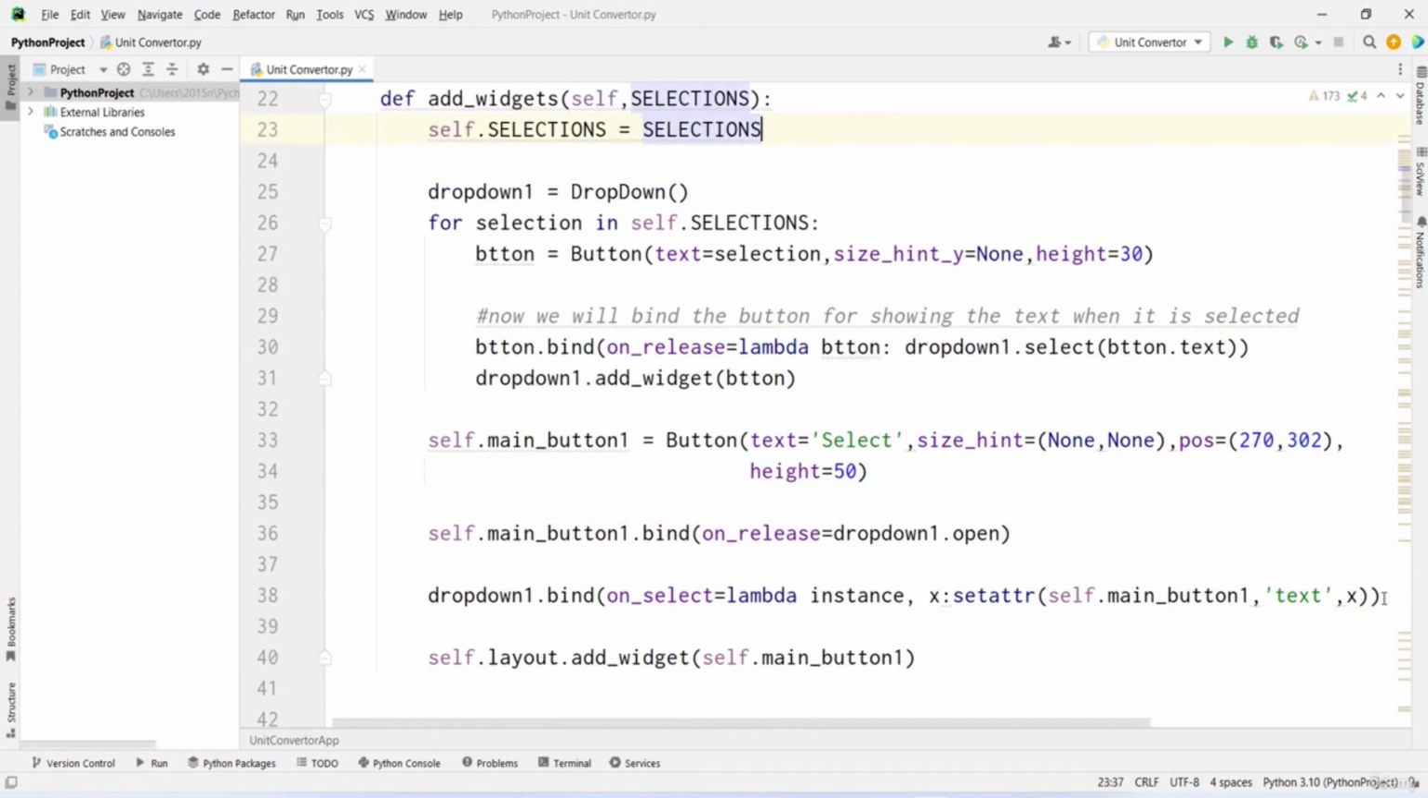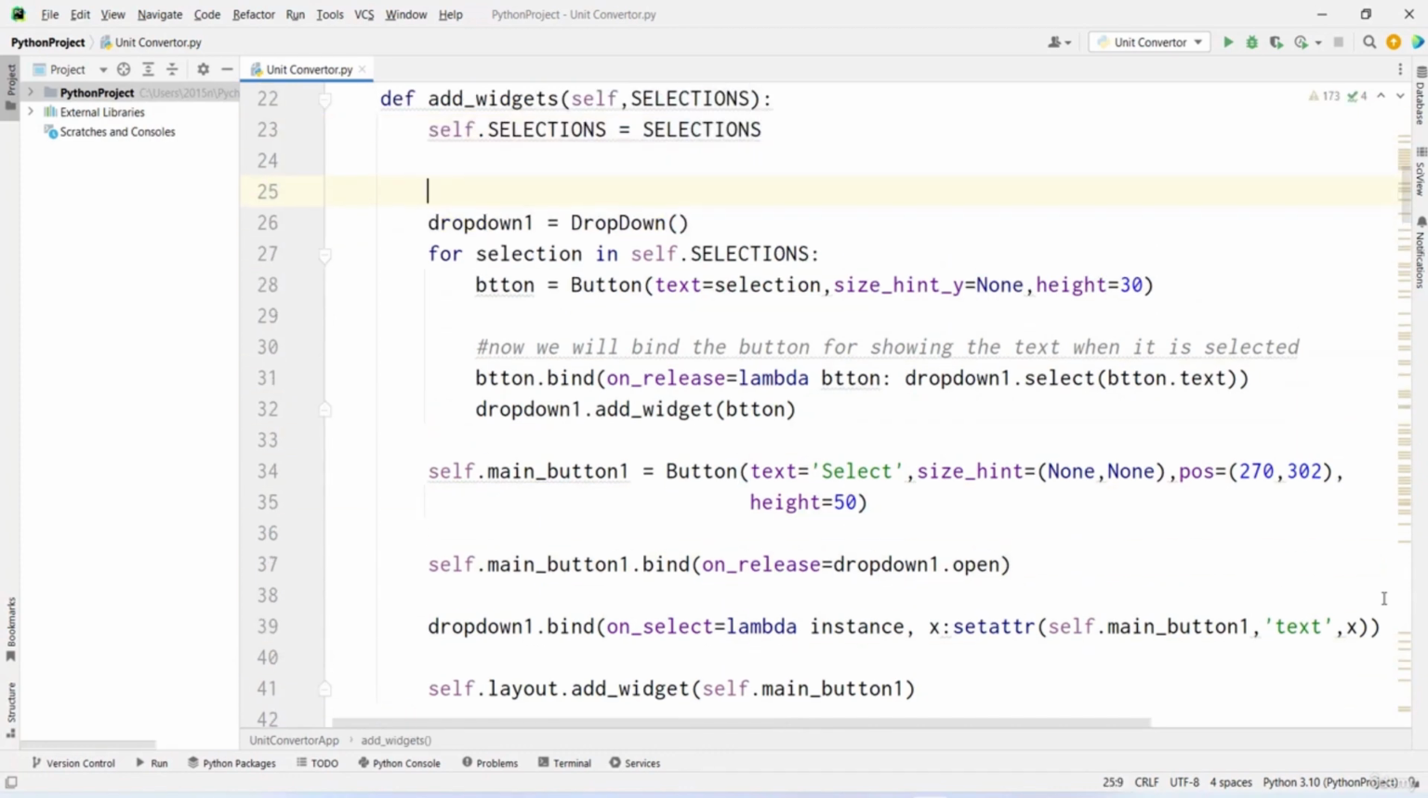Drop down number 1. So that's my first drop down. And now let's just create the second drop down. So I'm going to actually create it right here. So let's first of all add a command. So drop down